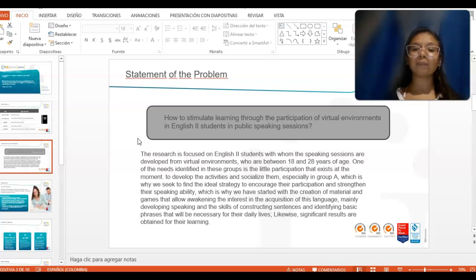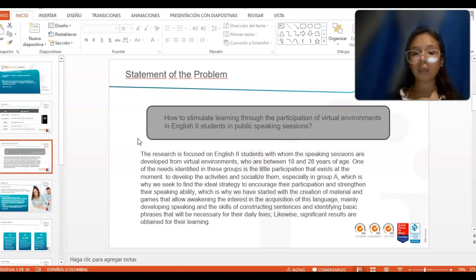Especially in group A, which is why we seek to find the ideal strategy to encourage their participation and strengthen their speaking abilities.